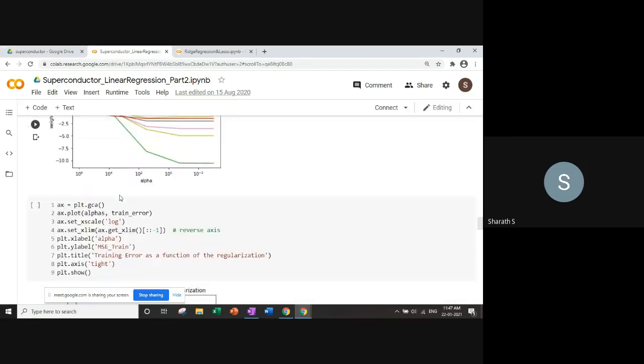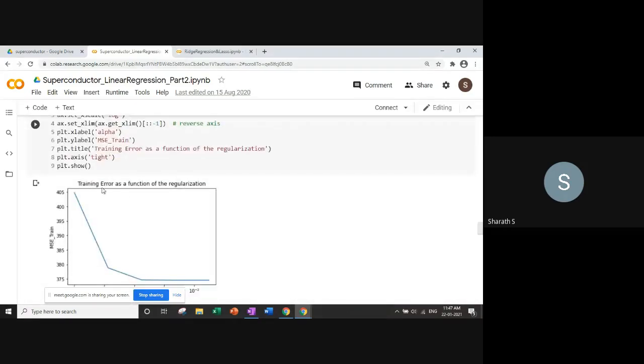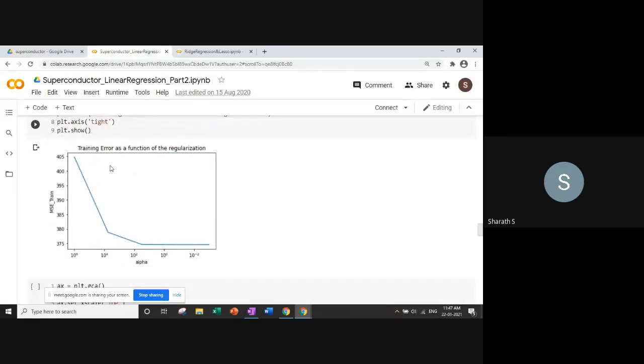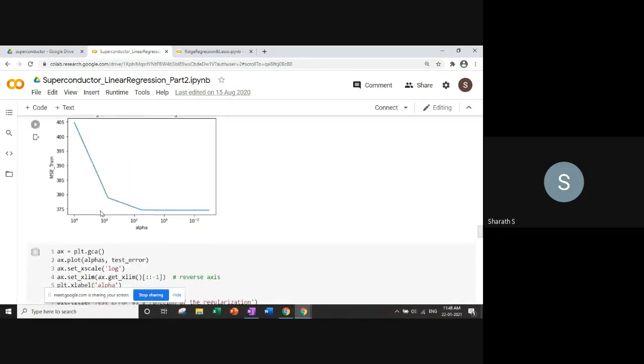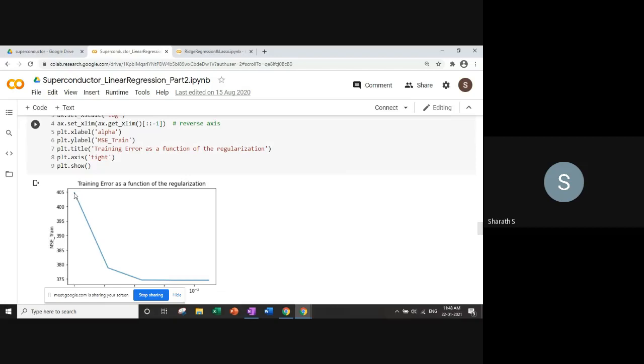Okay, so now you need to see how the training error and test error are performing against the same tunable parameter. This is without penalty, which is the normal multiple linear regression or polynomial regression. This is what you would get as the training error. But as you start increasing the tunable parameter, you do see the training error increasing.